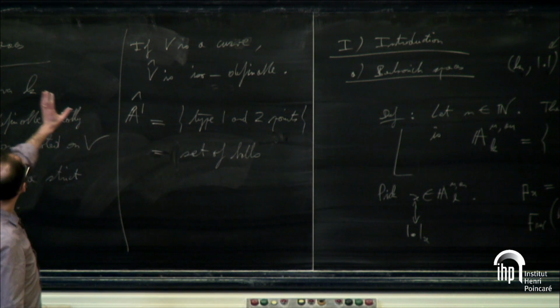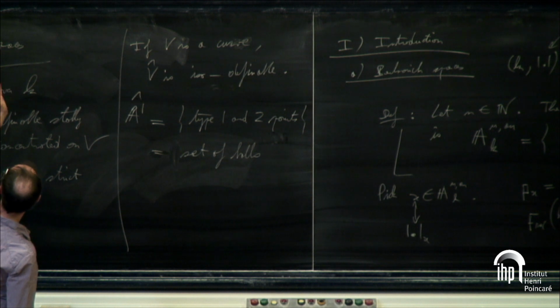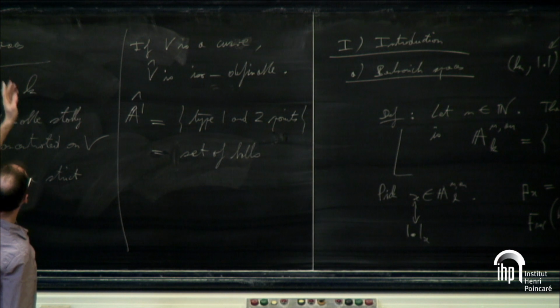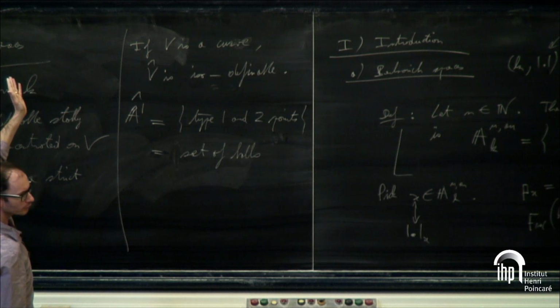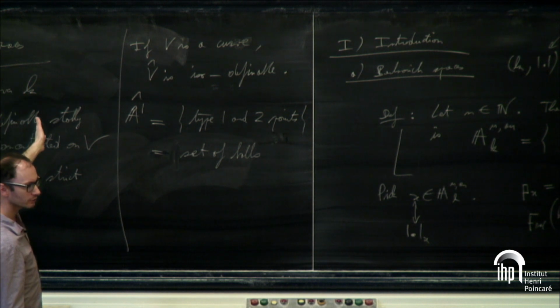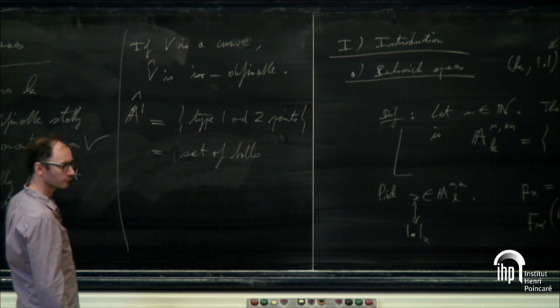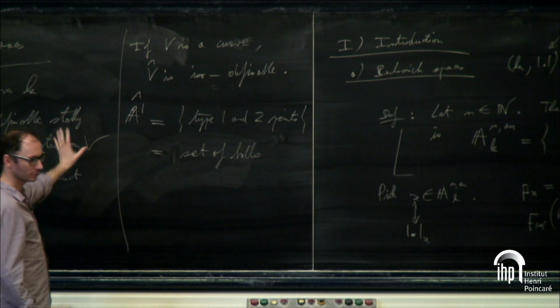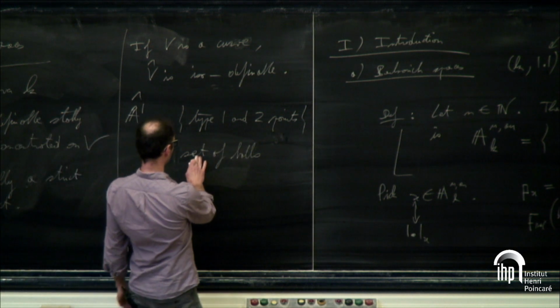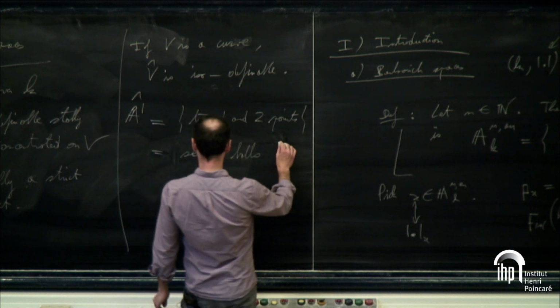But in this case, you see that if you go out to rank 1, basically you add something to the value group in this situation, and they would not be stably dominated. This is true. So you have the set of balls